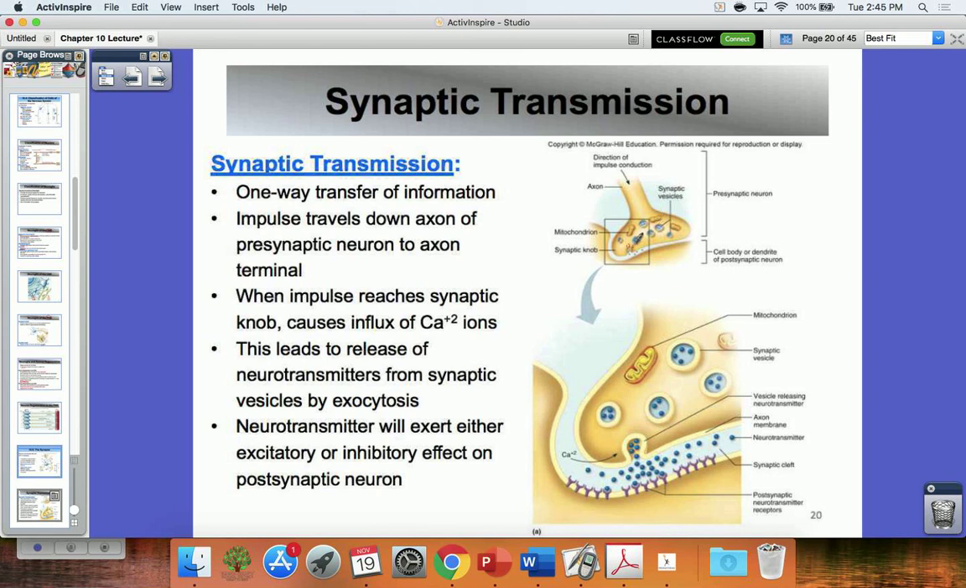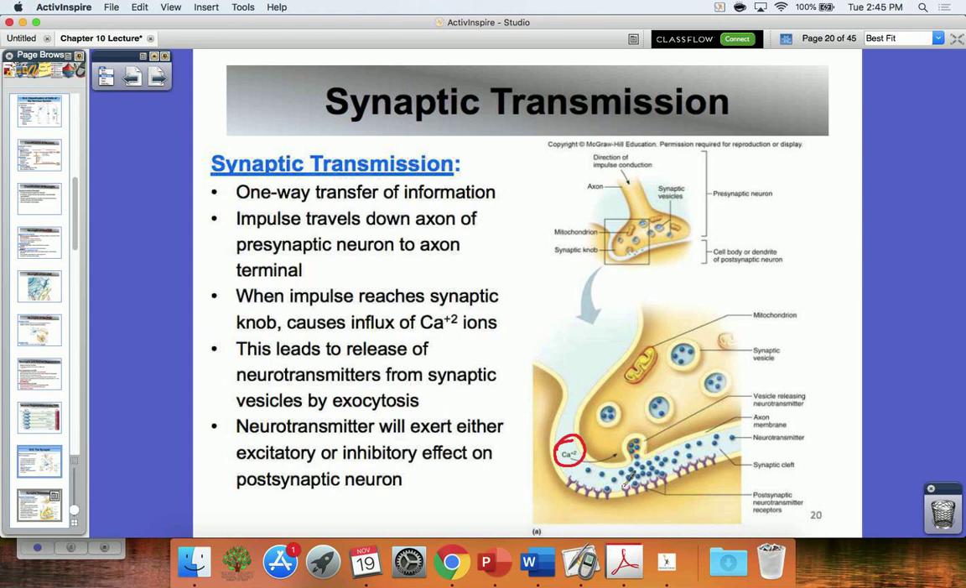when that impulse reaches here, we will then have an influx of calcium ions. At that point, when calcium starts to enter into the cell, that's going to trigger the neurotransmitters to be released from those vesicles. Once those neurotransmitters are released, they will then bind to receptors on the postsynaptic neuron so that it can exert